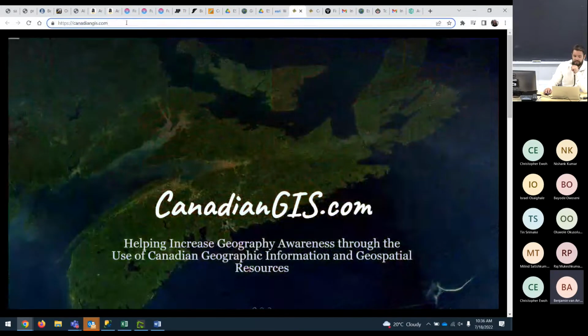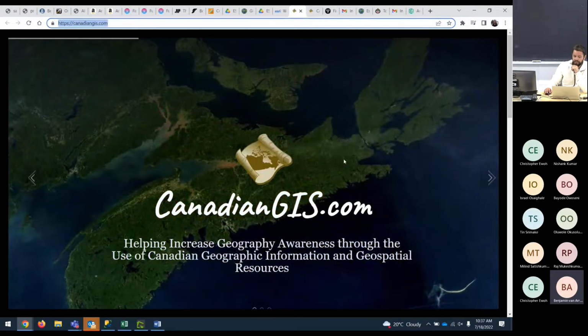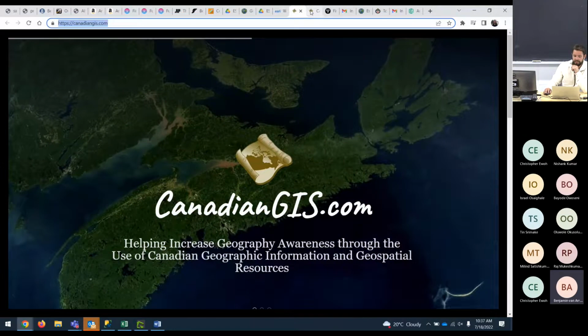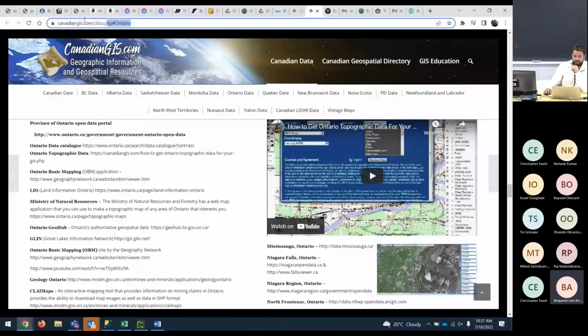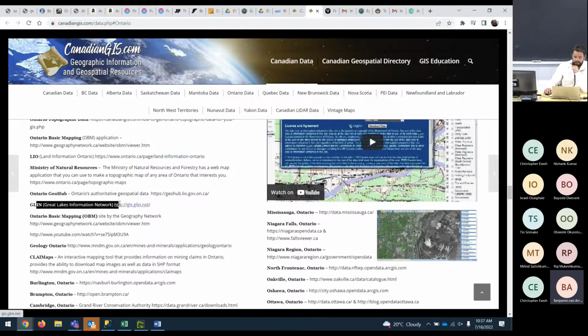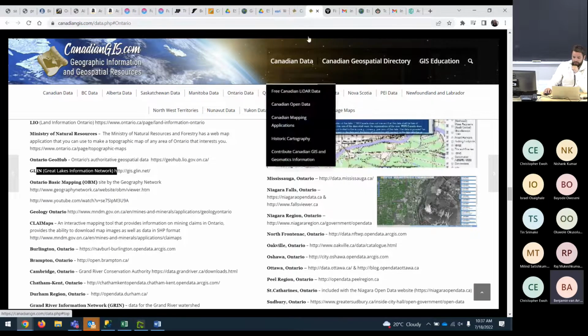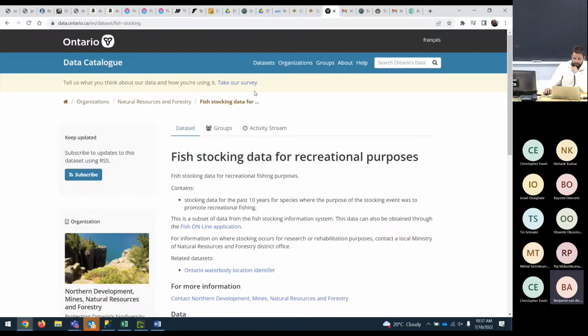There's Canadian GIS here, which has a bunch of open data and geospatial resources, as well as Canadian GIS/data Ontario. So if you just wanted to see Ontario data, you can see it's all broken down by province, and we can look at all of the different data catalogs that are available to us. So if we want to see like Great Lakes data, or there was even one really cool one that I found, which was, I'm super into fishing. So there's this fish stocking data for the past 10 years. So if I wanted to, and this is an idea of what I'm going to try to work on, is